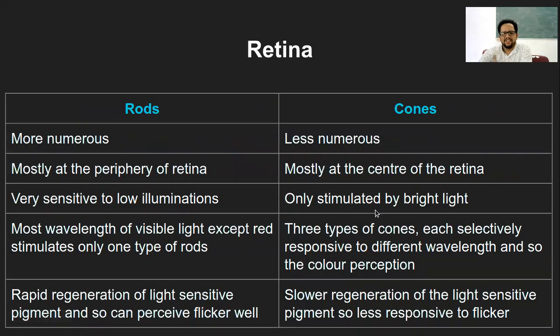Then there is just a little difference that is being mentioned here in terms of rod cells and cone cells. This you can do on your own. There is nothing much which we have not discussed already, and some part we will discuss when we are looking at the function of the retina in terms of how we see things. So I'm skipping this part. You can just do it on your own.